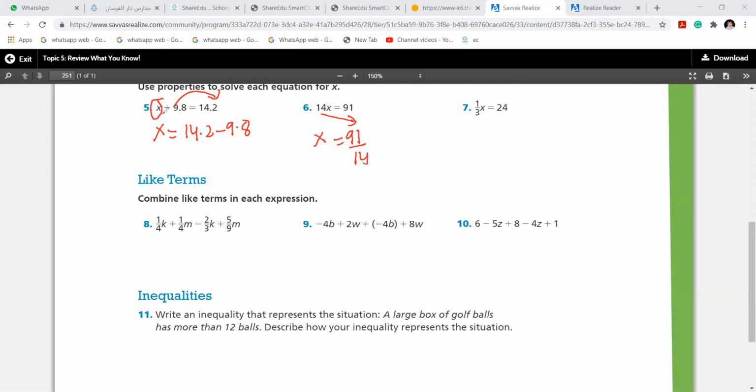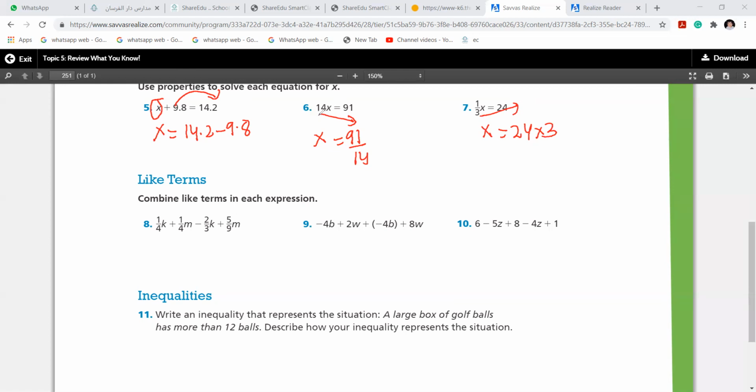If here x I want to make alone, this plus goes and becomes minus to the other side. If x I want to become alone and there is no plus or minus, that is multiplication, it goes down and becomes division. Here, 3, the division, goes up and becomes multiplication. Very important, girls. If it was minus, it will go that side and become plus. If it is plus, it goes to the other side and becomes minus.